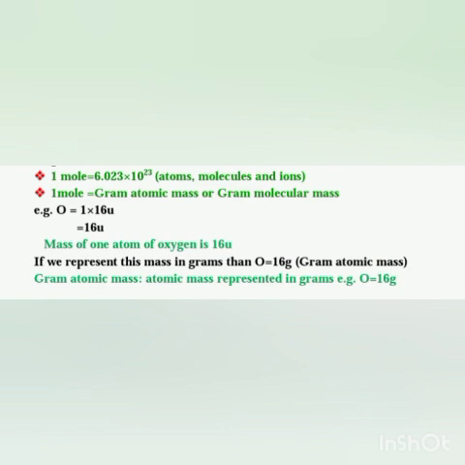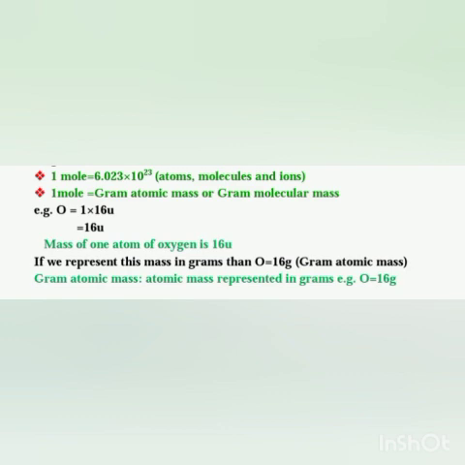Now you see this example, that is O. Atom is given here. O, one atom is there. So 1 into 16U. Why 16U? Because the atomic mass of oxygen is 16U. And there is one atom, so 1 into 16U. So the atomic mass of oxygen is 16U. Or I can say the mass of one atom of oxygen is 16U.